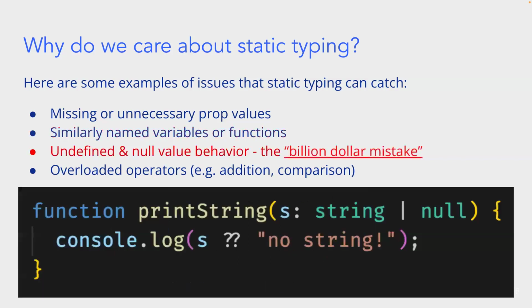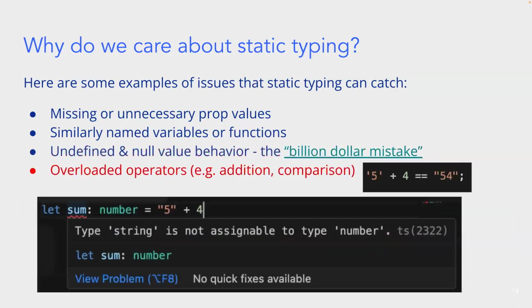The next problem it's able to catch is undefined or null behavior, which is also known as the billion-dollar mistake by its creator. Why? Well, this is because with null values, even though they technically hold no value, when you try to call some operations on it, it throws a mistake. But what TypeScript allows you to do is avoid null values completely by specifying that you want a variable to be a string alone. But if you say you want to create a union of types, such as a string and a null, then that way you're able to handle null checking by yourself.